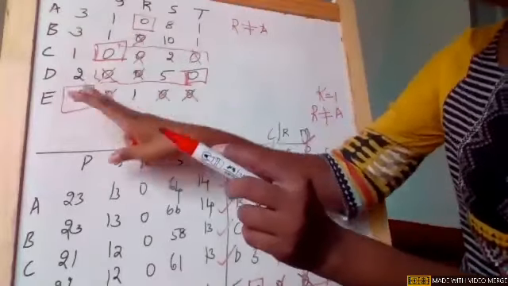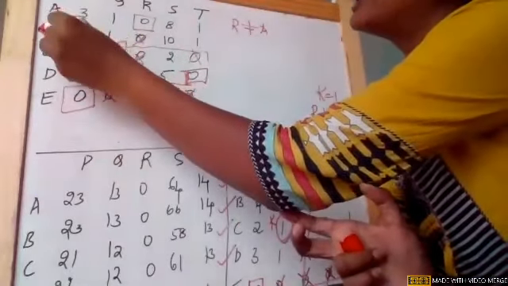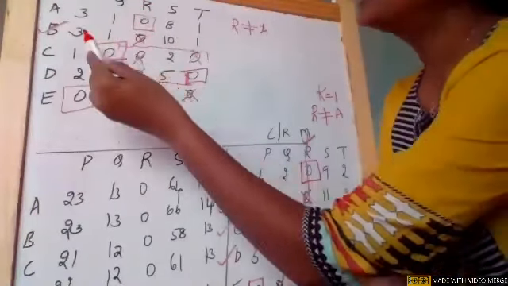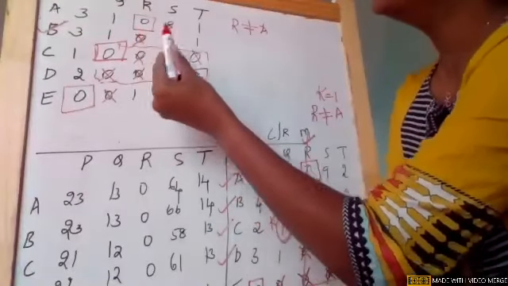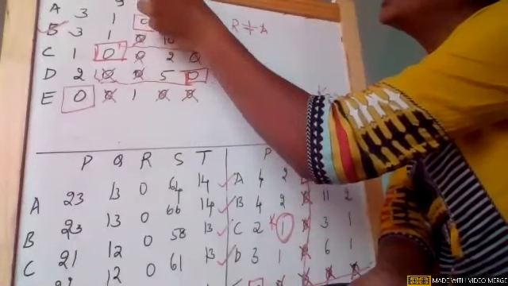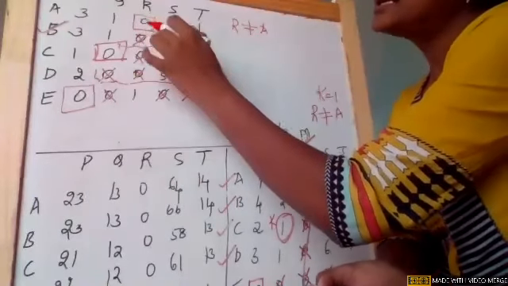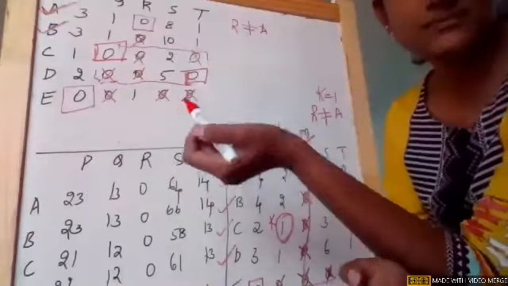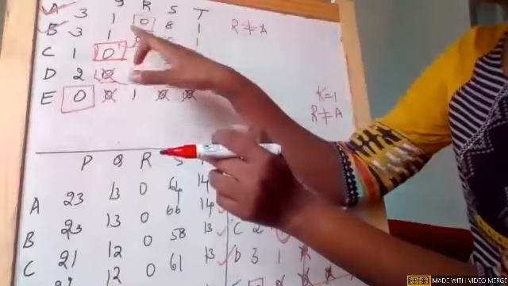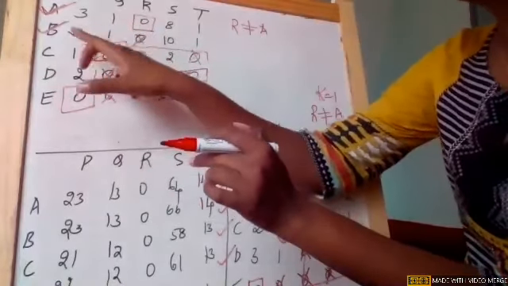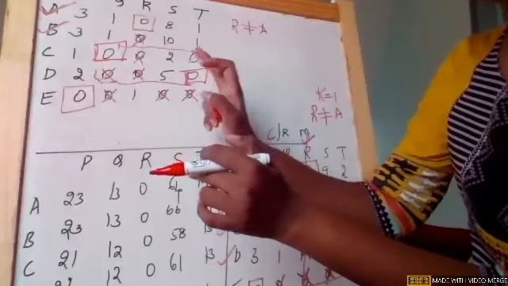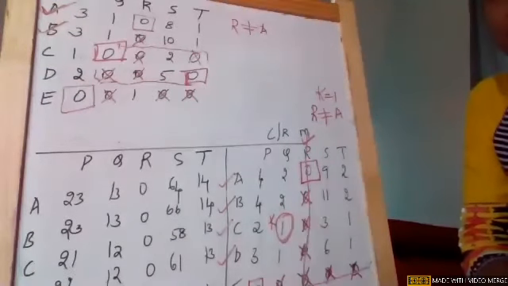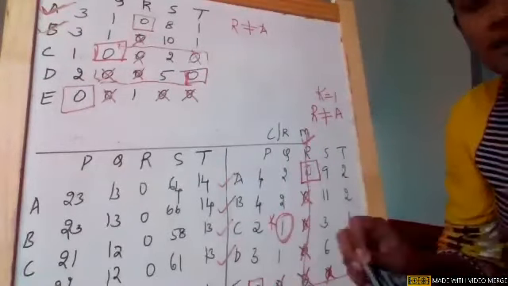Go to a row where there is no assignment. Our second row is not having any assignment, so tick that particular row. In that marked row, check for 0. 0 is in the 3rd column, so mark that 3rd column. In the marked column, check for an assigned 0. The assigned 0 is in the 1st row, so mark that particular row. Understood? If you see, the 1st row has an assignment, the 2nd row has no assignment, and the 3rd, 4th and 5th rows each have an assignment. So there is only 1 row without an assignment, and with this I can complete the step.